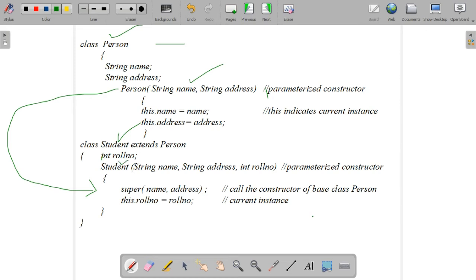Once more, just check this program. Class name Person, the base class, has a constructor with two parameters, and we need to access this base class constructor from the child class. The child class name is Student, and we are writing the child class constructor starting with the class name Student(). First we have to pass the parameters of the base class.